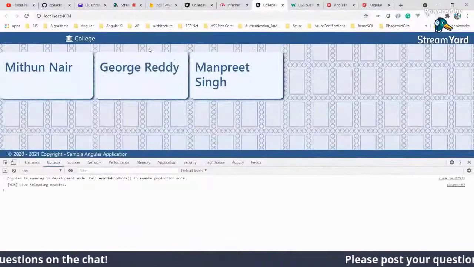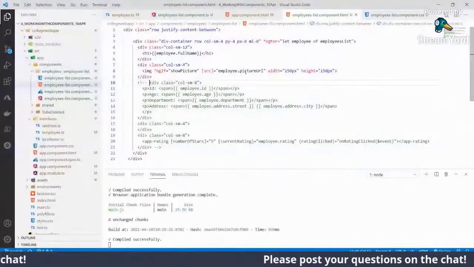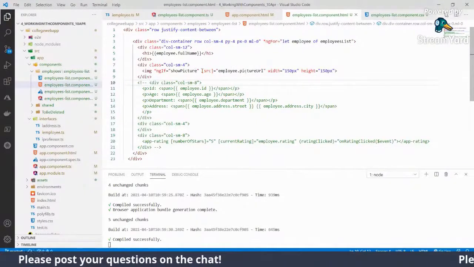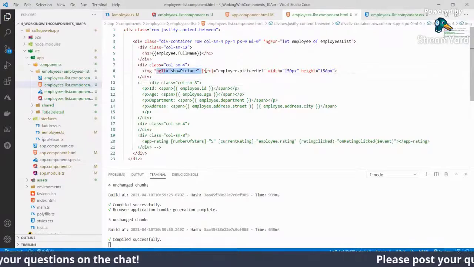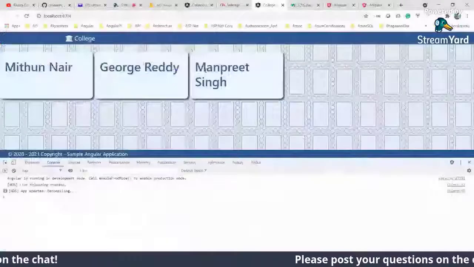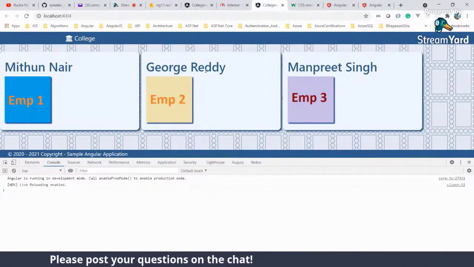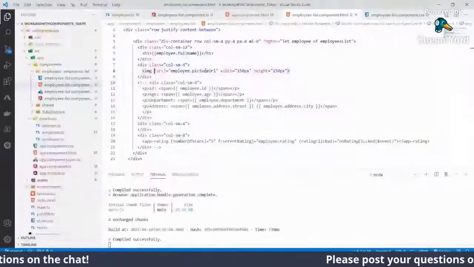Under that you want to show the image, image picture URL, and because this property is not there, it's not showing, I remove that. We don't need it. It has to show this. So we have that widget dynamically. We are not copy pasting this code. Everything is getting created based on this object.